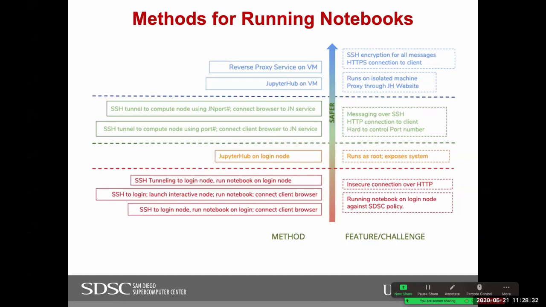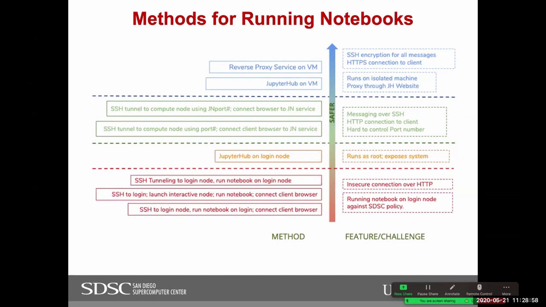The team is working on hosting that on a virtual machine, and then we manage the connections through SSH. So that's a big concern, and I'm not sure that people are aware of it. That's one of the things we're trying to get the message out: it may not be as safe as people think. Although if you go to a JupyterHub, what you see is an HTTPS secure connection,